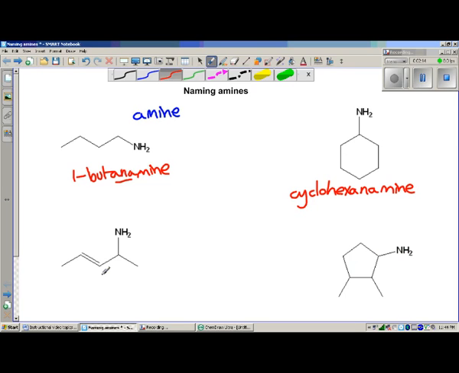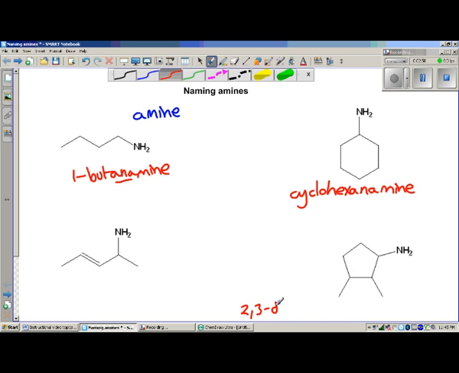All right. When we go down to, let's have a look at this one. We'll come back to this alkene one here in a minute. If those two methyl groups weren't here, then the name would be simply cyclopentanamine. All right. And again, there's a similarity to alcohols here. We saw for cyclic alcohols, we always assumed the OH was on carbon 1 and we numbered everything else relative to it. And it's exactly the same here. So if we assume the amine is on 1, then the methyls must be on 2 and 3. So therefore, the name of this would be